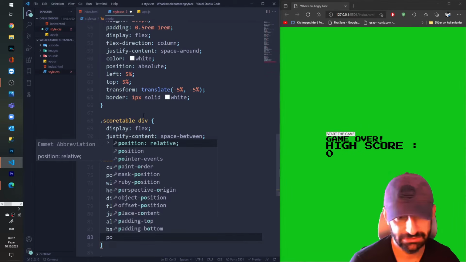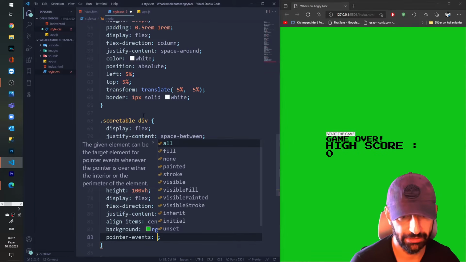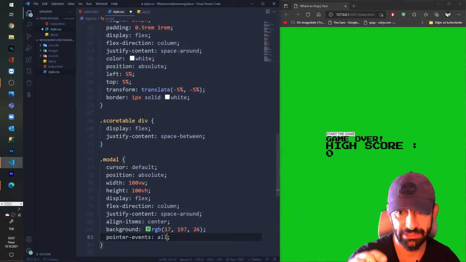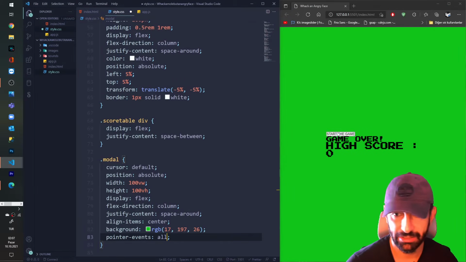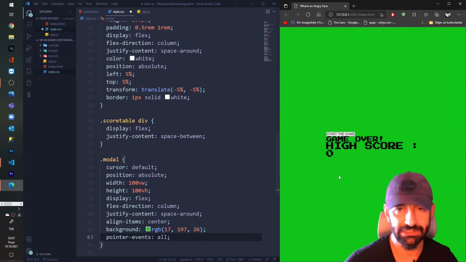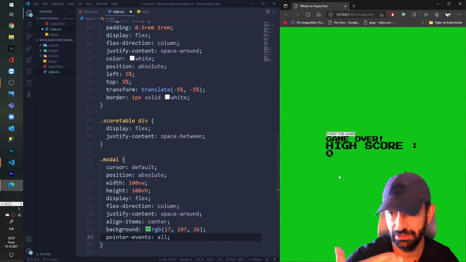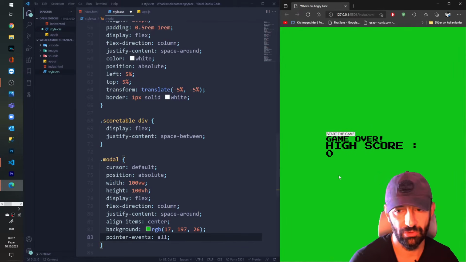Pointer events all. And after I click the start game button, this div by default will be pointer events none, because I don't want to get hit on this div.